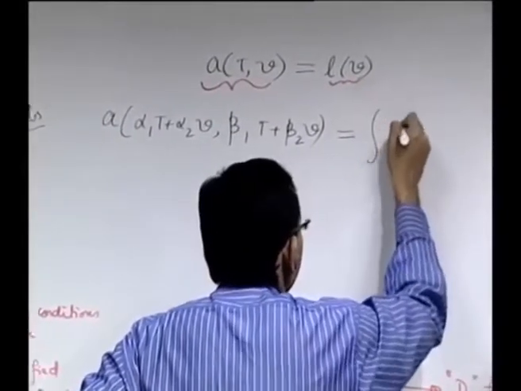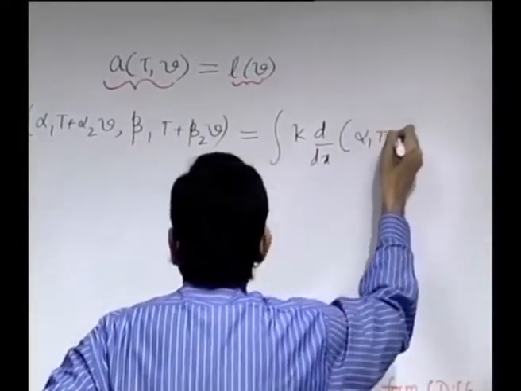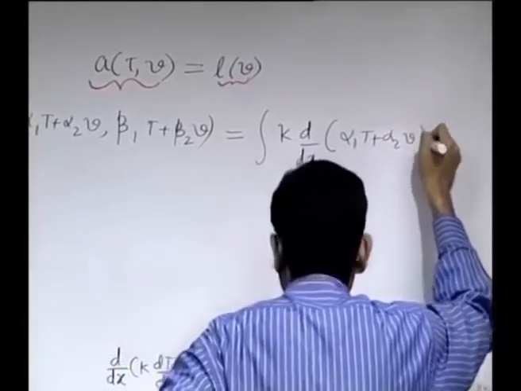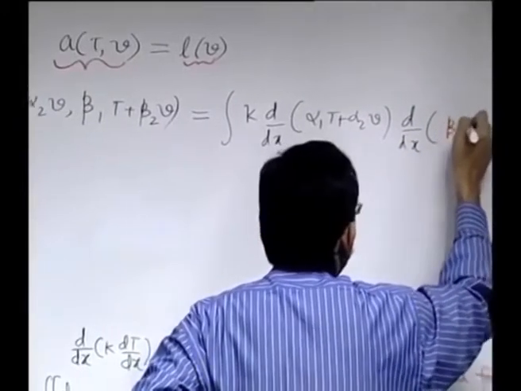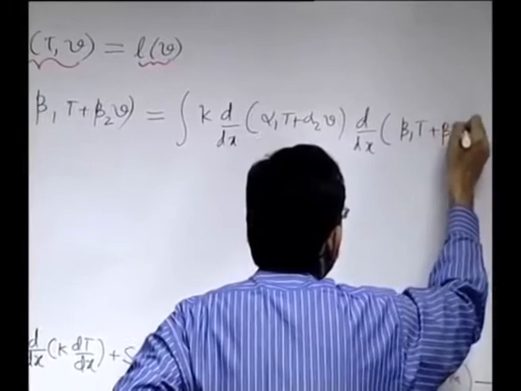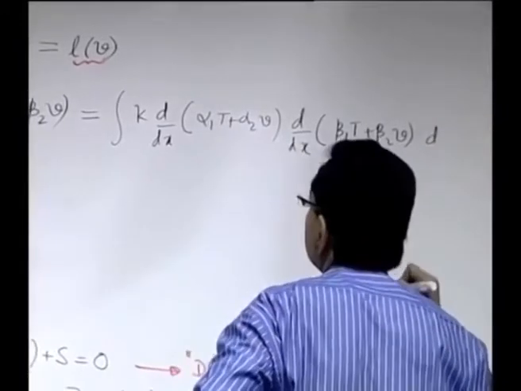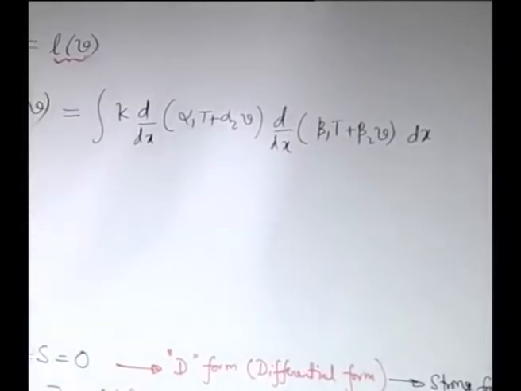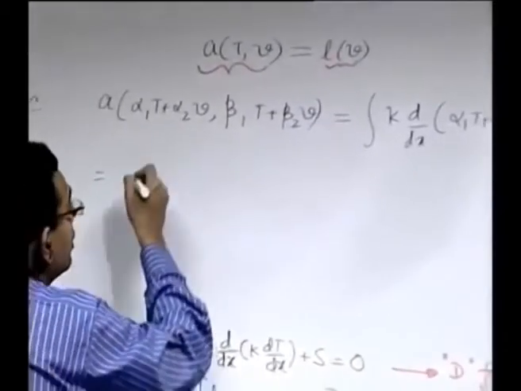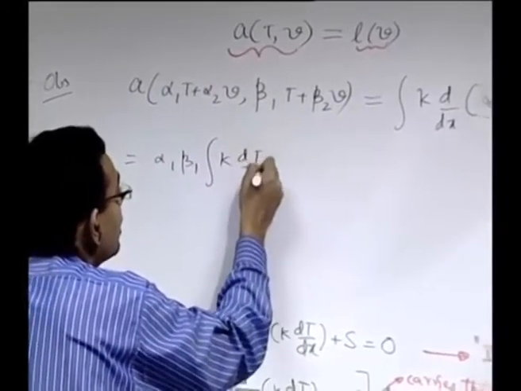So, in here we replace, in place of T, alpha 1 T plus alpha 2 V in k d/dx, and in place of dV/dx the corresponding expression. So, this you can write as alpha 1 beta 1 integral k dT/dx dV/dx